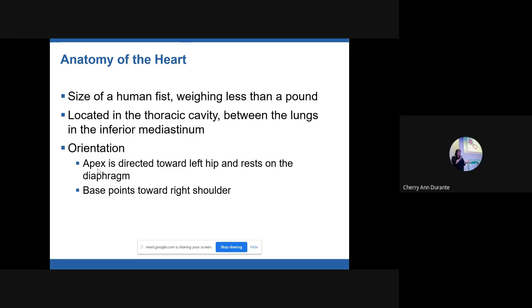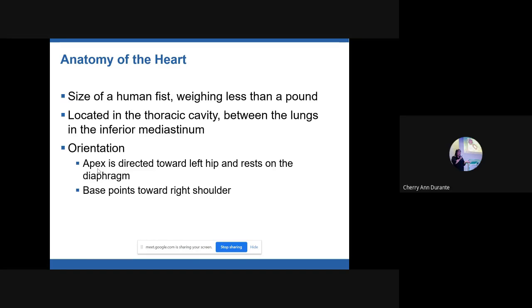And on the right side ng lungs mo, merong tatlong lobes. Pero on the left side, dalawa lang yung lobes mo. And that missing lobe, or that portion is where your heart is located. Kasi kung parehong tatlo-tatlo yung lobe niya, mawawala ng space yung heart. So that's the reason why you have 3 lobes on the right and 2 lobes only on the left side